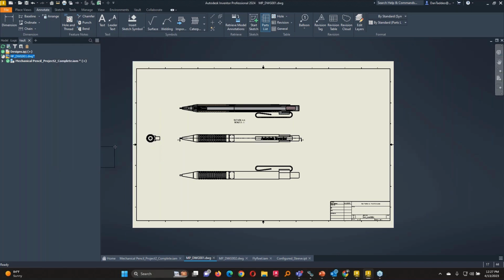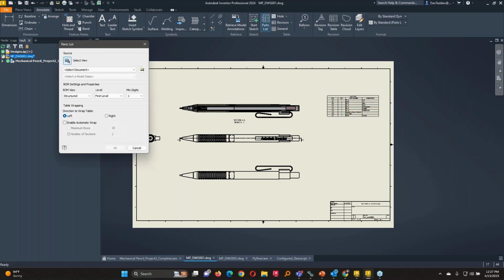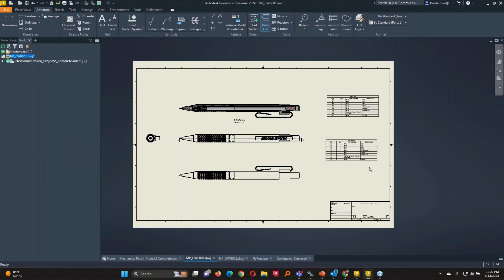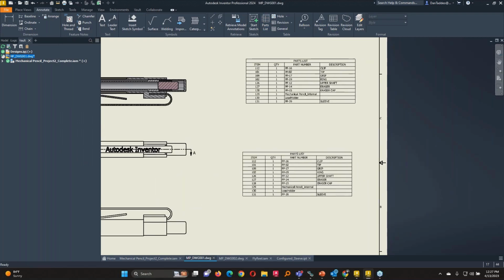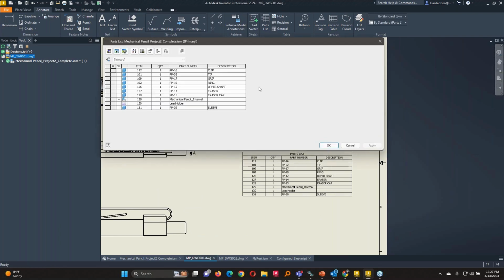Now, if I just click OK and put in this bill of material here, I have a bill of material, or a parts list, I should say. I can run this command again on the same one, and I can specify a different set of options in terms of the table wrap and enable that. But the power of a parts list is that when you double click on it, you're now given a new opportunity to address the